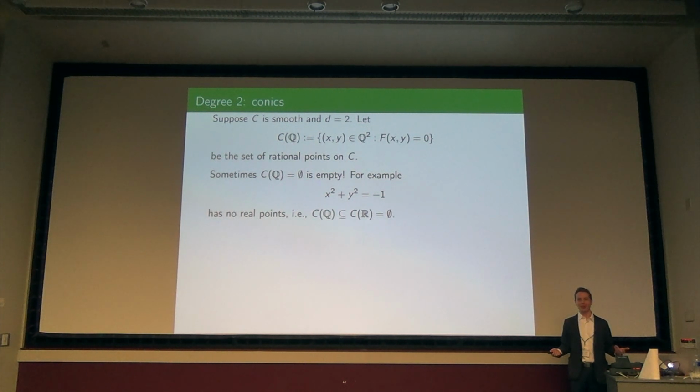If you're a number theorist like me, the real numbers are a completion of the rational numbers with respect to an absolute value, and there are other absolute values that you can put on the rational numbers. Maybe that sounds too fancy. The other thing you learn in number theory is that congruences can often obstruct solutions. So let me show you what that looks like.